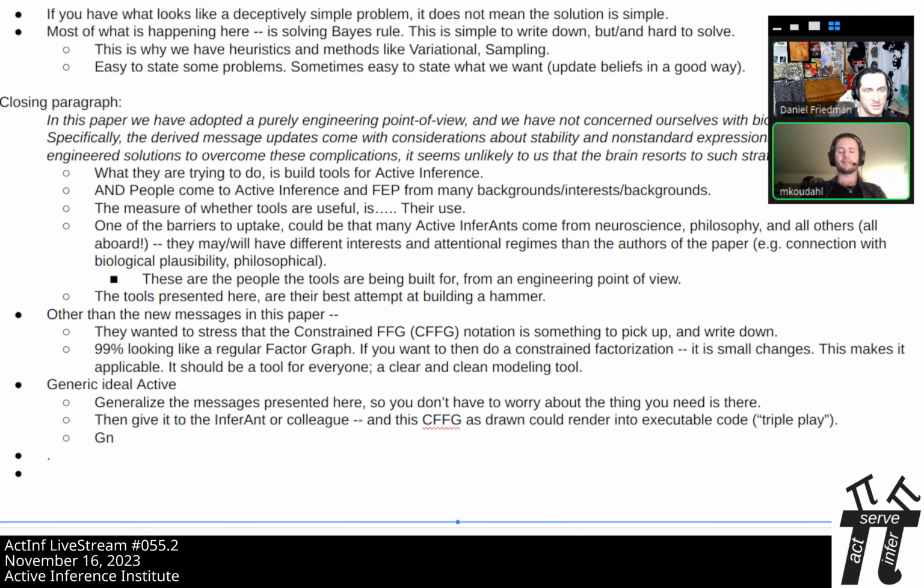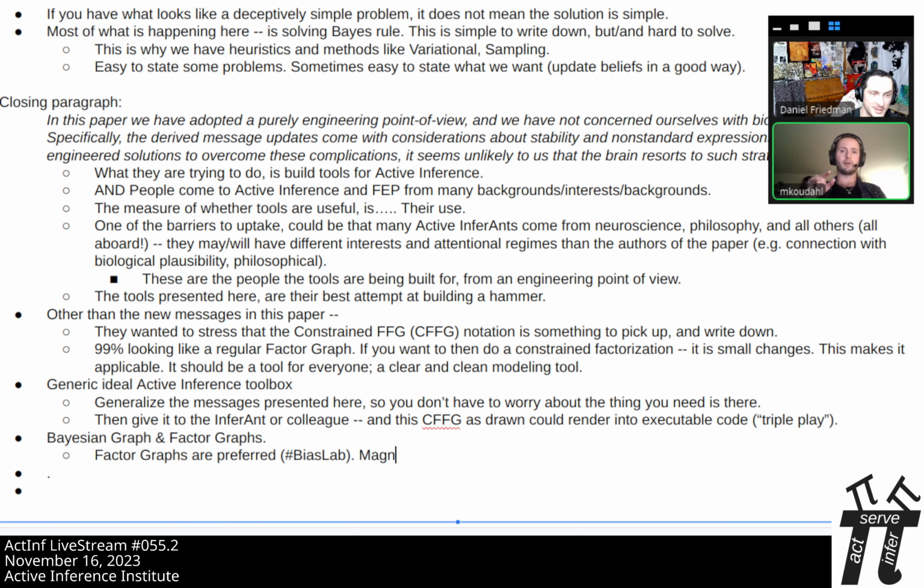I actually had this. We had a long conversation about this with a colleague of mine just this week, and I think if you dig deep enough, the representation doesn't matter that much. The update rules end up becoming the same. I would say factor graphs are, to me, preferred. I mean, obviously I'm biased because that's what I work on, but I also think they allow you to write down more. If I have a Bayes graph, I can see that two variables are related because I have a node here and I have a node here and I have an edge between them.